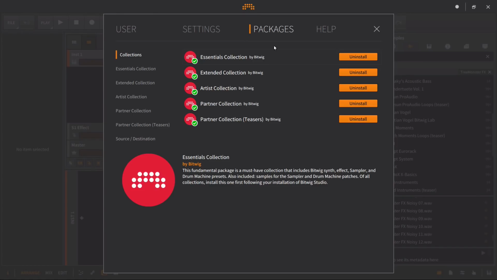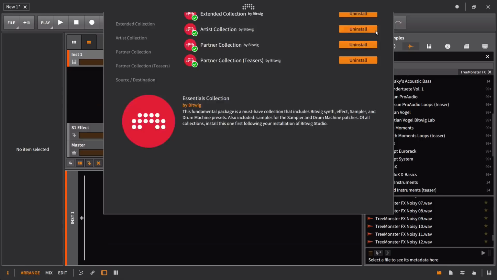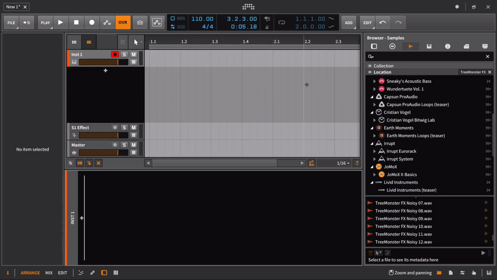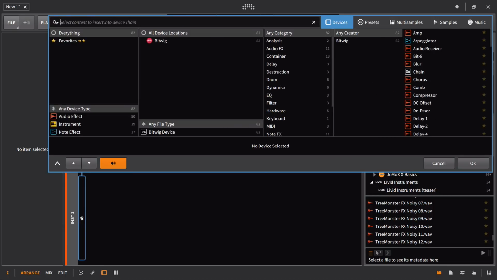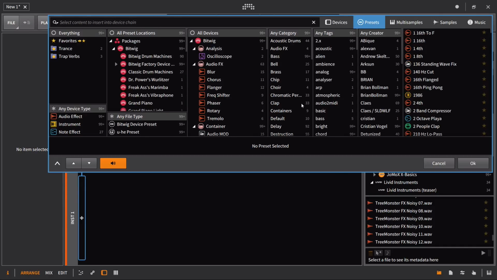So what's been added to the sample library and what's been added to the preset library. And with this update, a lot's been added to the preset library, but it's pretty much specific to what's going on with the Phase 4. So if I go in here, select Bitwig, and go into the preset section and go to the 2.x tab,